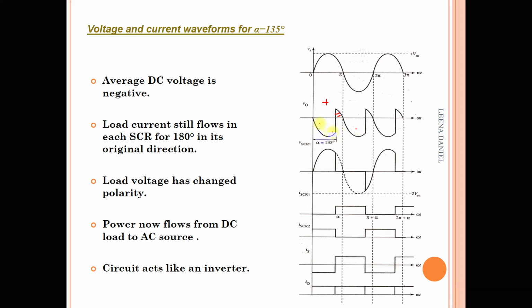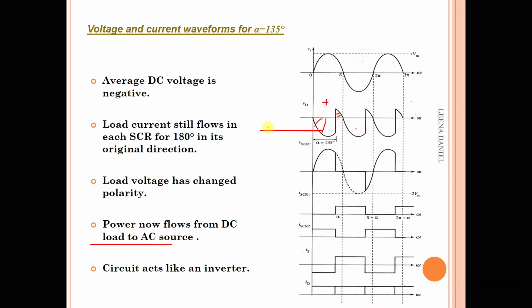So the magnitude of the negative portion or negative voltage is larger than the positive one. So we can say that power would now not flow from AC to DC source. It will invert. It will flow from DC source to DC load to AC source because in